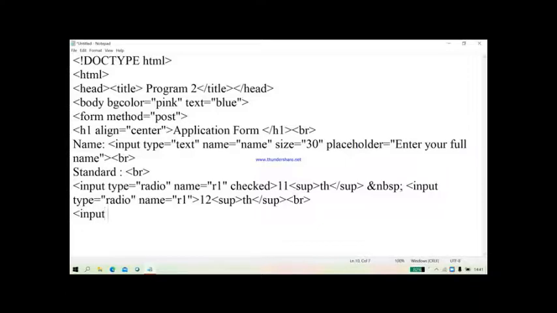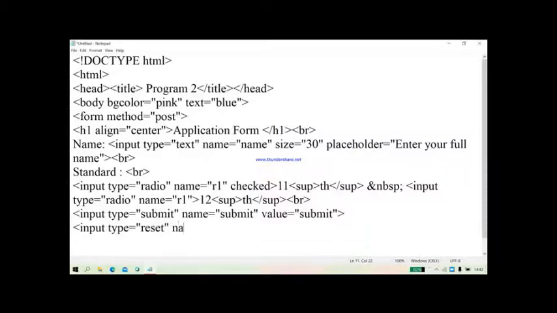Now submit the information. So input type is equal to submit, name is equal to submit, and value is equal to submit. Always submit button comes with the reset. So input type is equal to reset, which is used to clear the information.